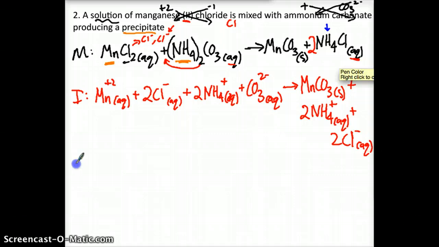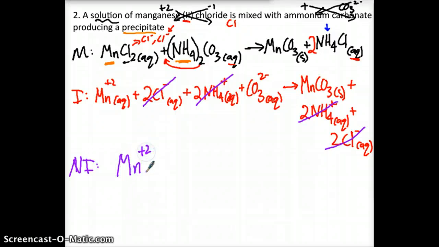Last step is to write my net ionic. And again, my net ionic equation shows only the species involved in the reaction. So I got to cancel out everything that's the same on both sides. So 2 Cl minuses, do I have Cl minuses on the other side? Yes. So these cancel. What about my ammoniums, NH4 plus? I have 2 of them here. Yep, 2 of them here. They cancel. Can I cancel anything else? No, I can't. So I'm left with